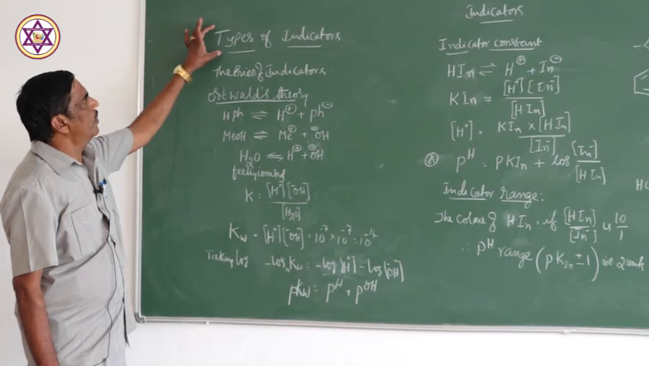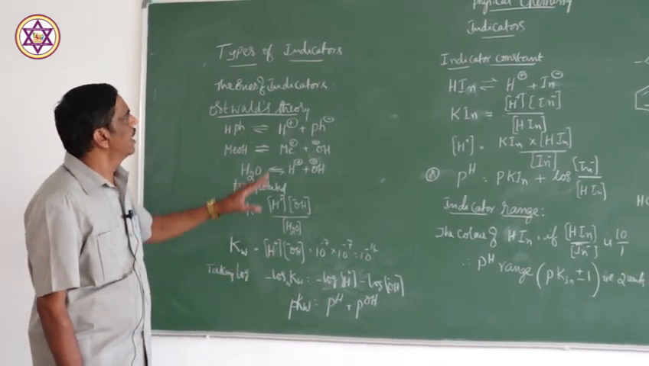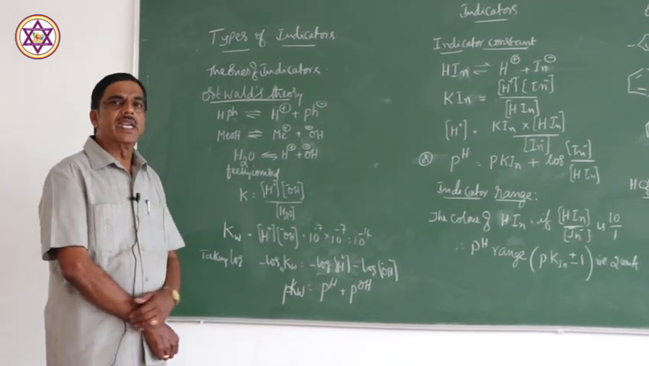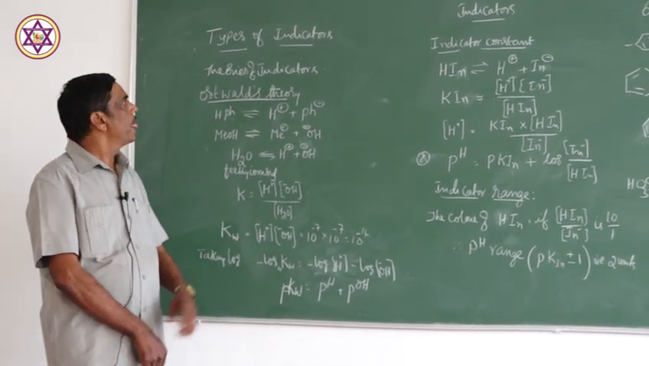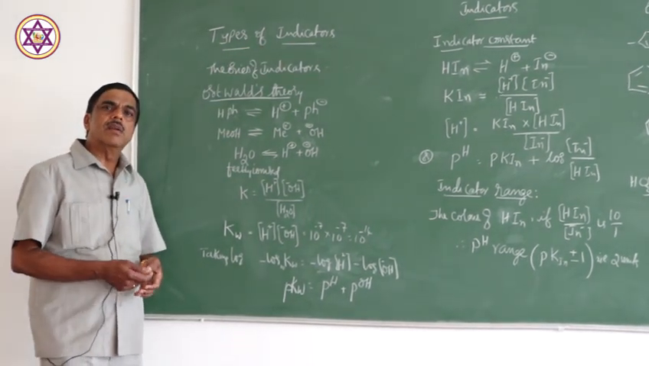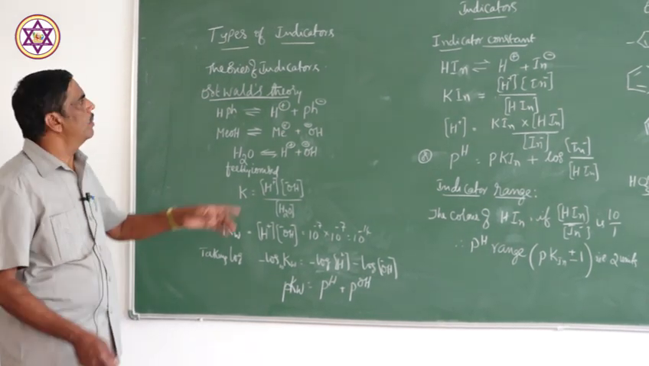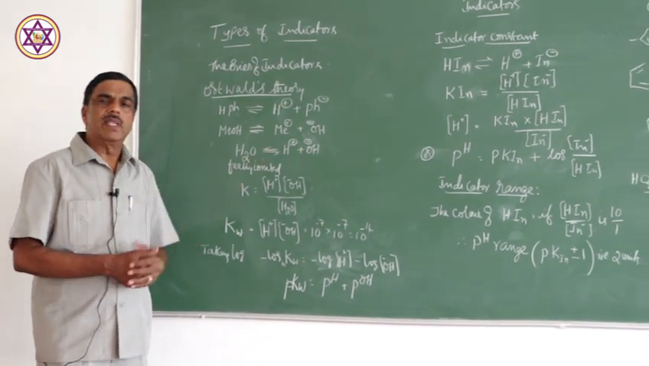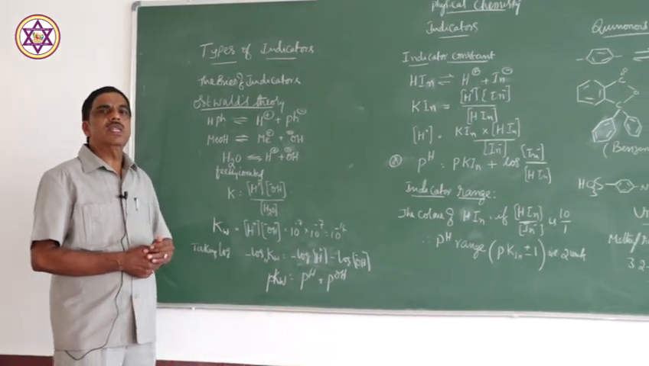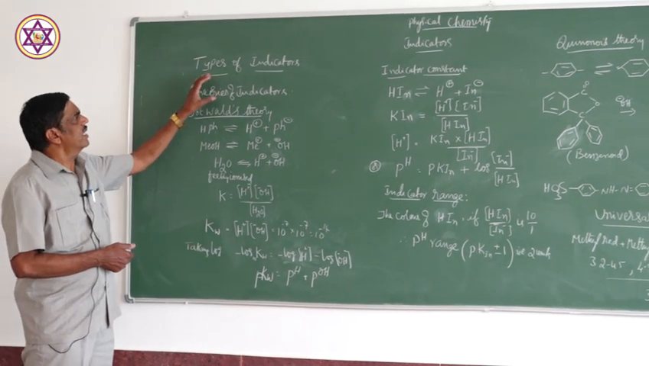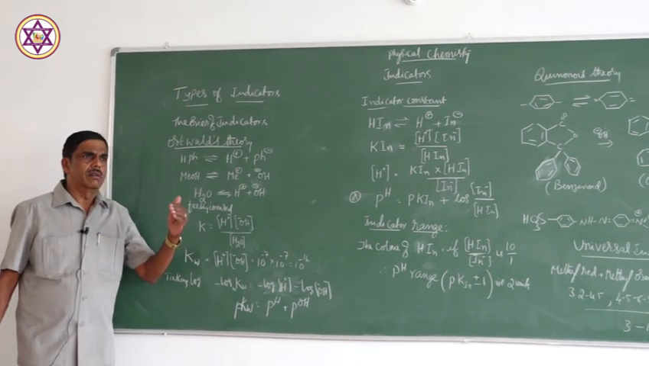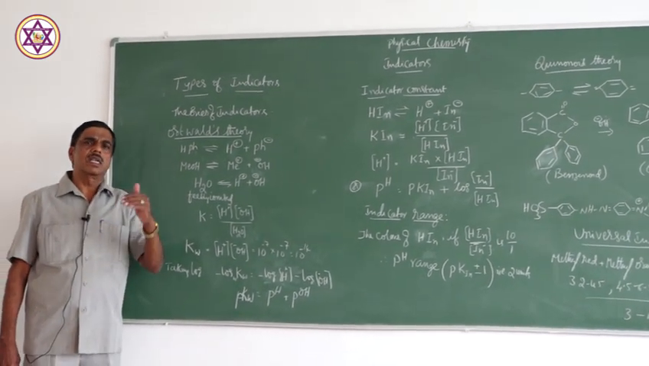First is types of indicators. Generally, indicators can be classified as acid-base indicators, redox indicators, adsorption indicators, like so many types of indicators are there. Examples for these acid-base indicators: phenolphthalein, methyl orange, methyl red, paramethyl blue. Similarly, for redox indicator, we have diphenylamine. For adsorption indicators, we have eosin, fluorescein, etc. These indicators are used for different titrations, where acid-base, redox or adsorption titrations